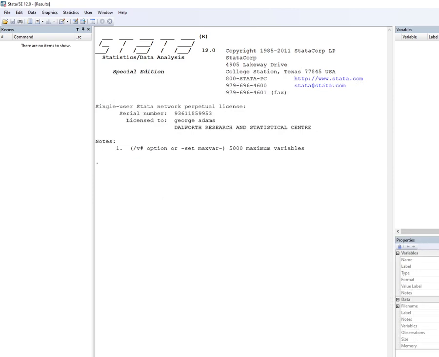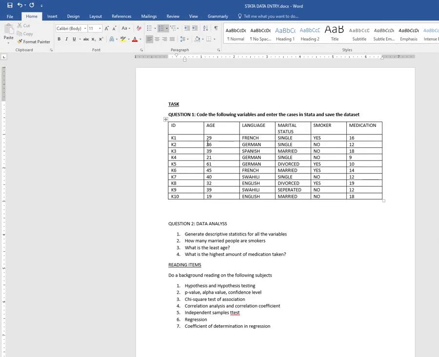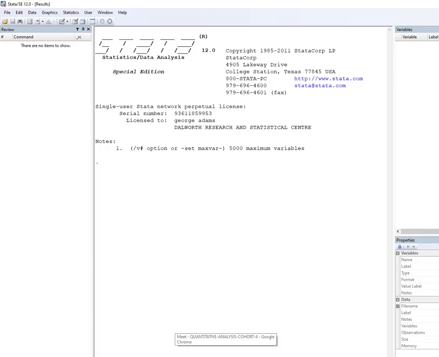For age, it's a continuous variable. As you can see, we're having the exact age of the respondent or the ID, so I don't have to indicate. For language, I will code it as numeric so that we label the values French, German, and Spanish. We assign the respective values to them. So after age, we'll have language,